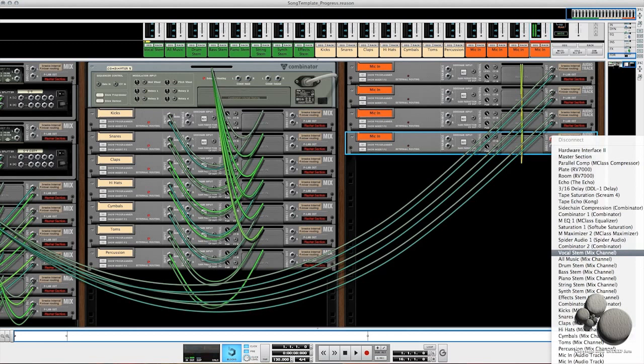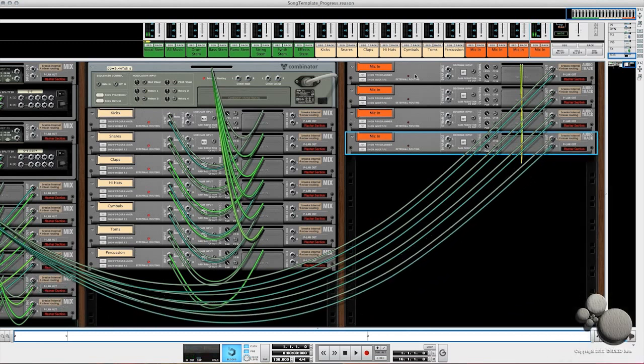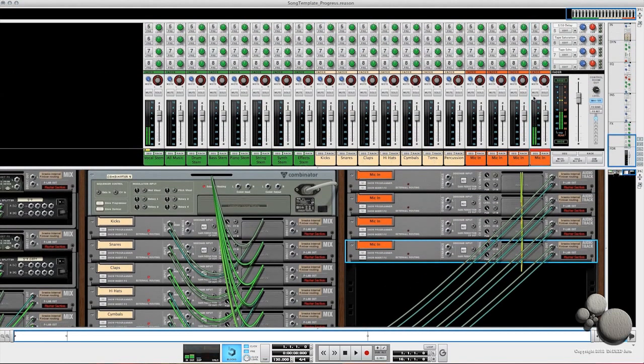Vocal stem mix, 1 through 4, input 4. So what I did here basically is I created 4 different microphone inputs that I can use for my backups, my overdubs, and my main vocal, and maybe an effects track or a whisper that I have individual mixing over, so I can give them a good relative mix to each other. But then it also brings me a final master vocal